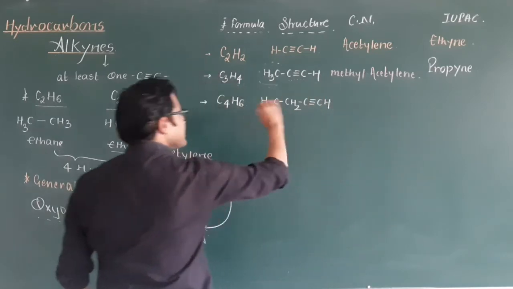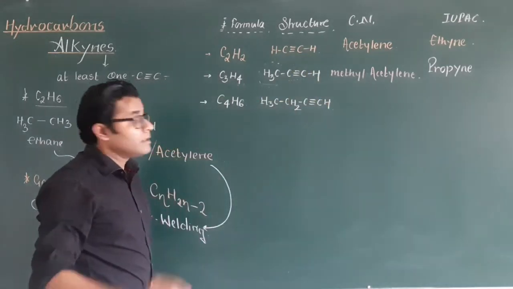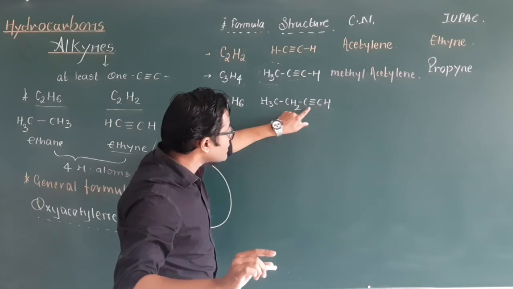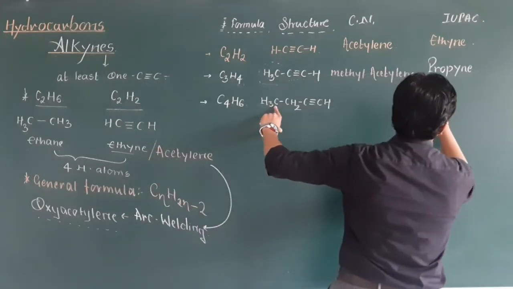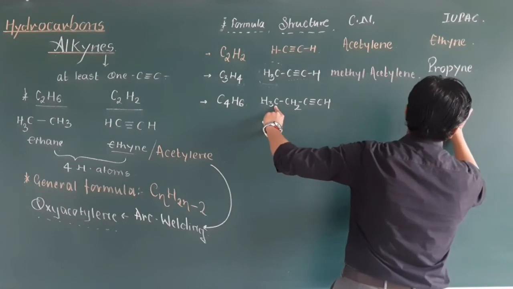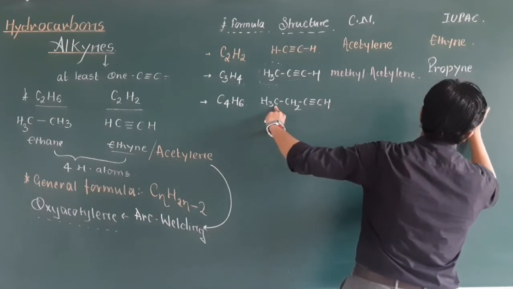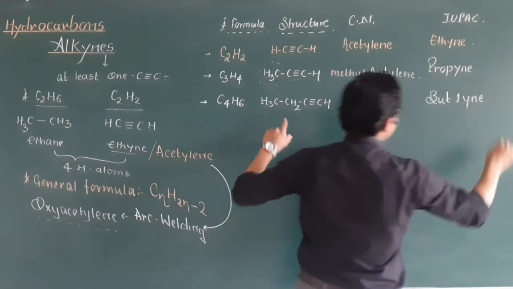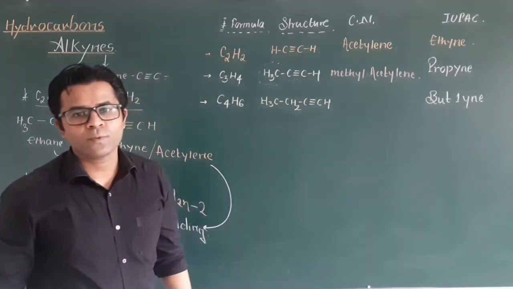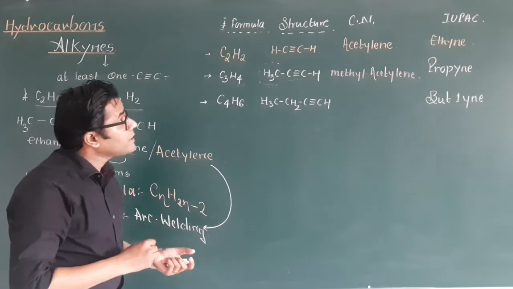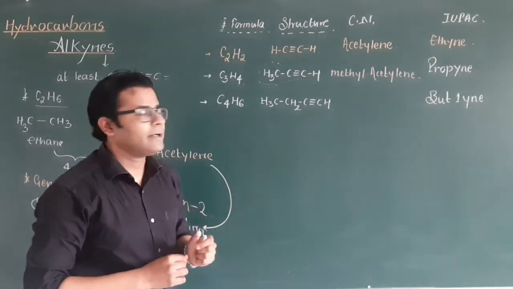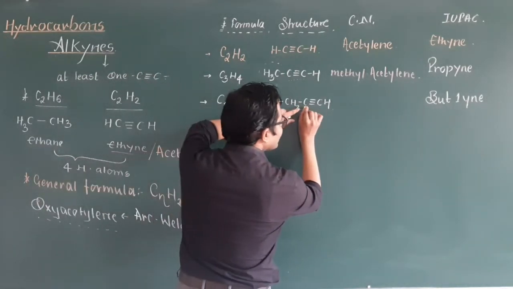Okay. So let's consider its IUPAC name. So when we consider the IUPAC name, like 1, 2, 3, 4, right? 4 carbons. So it will become the butene series. So but-1-yne, right? So but-1-yne, right? So now when you take a look at its common name, okay, so what we have, again,